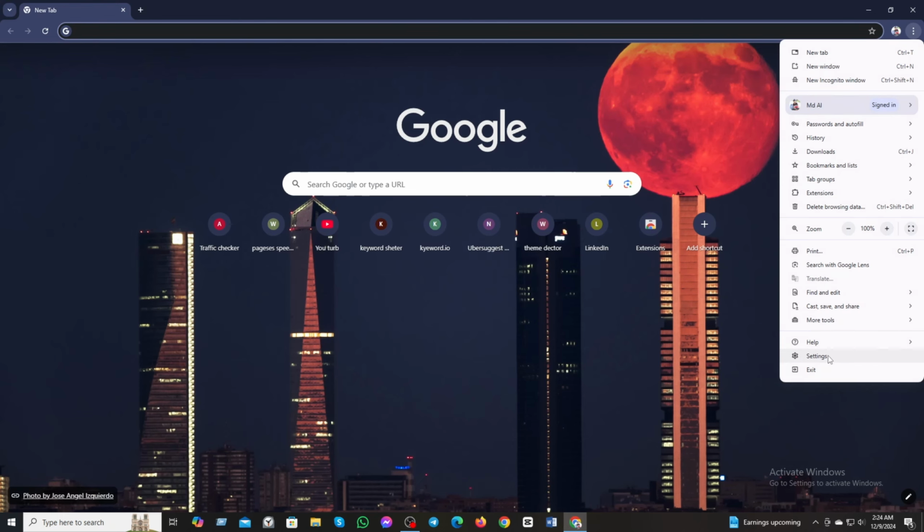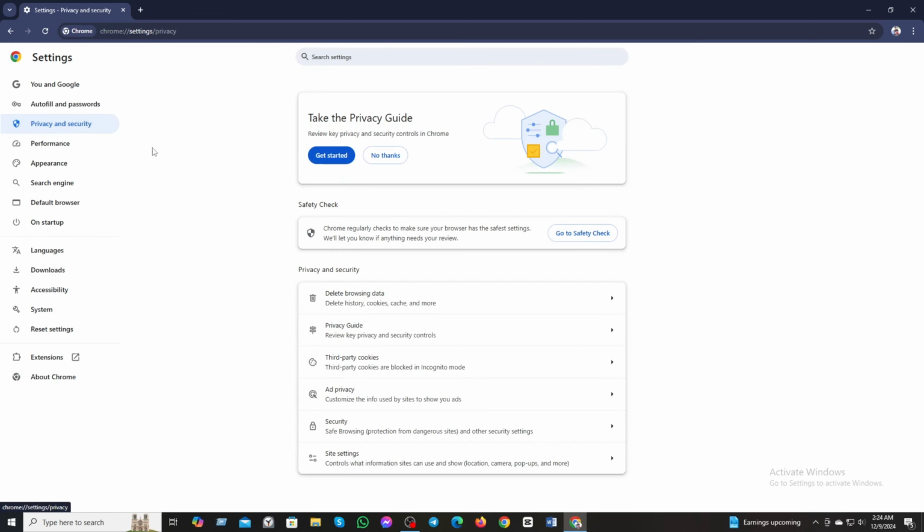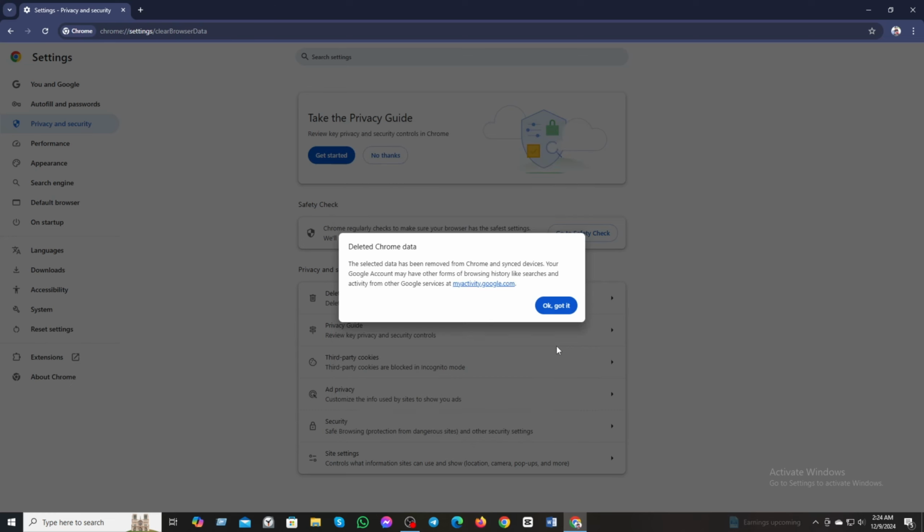Then go to Settings. From Settings, click on Privacy and Security. Then you will see Delete Browsing Data. Click there. Then you can select your time range and click on Delete Data to delete history, cookies, cache and